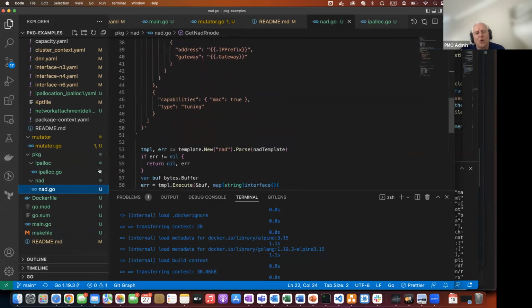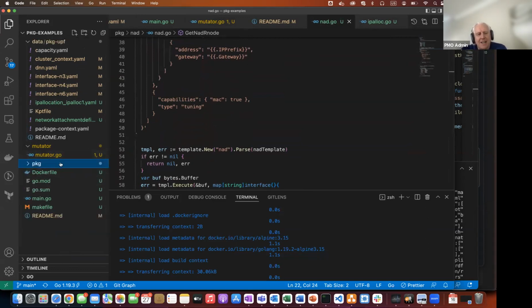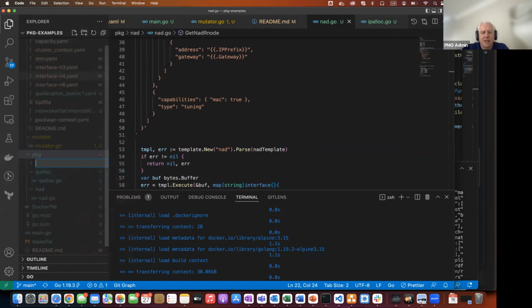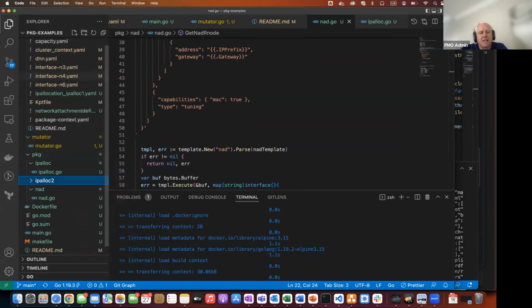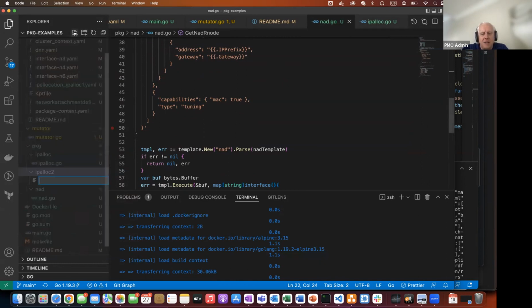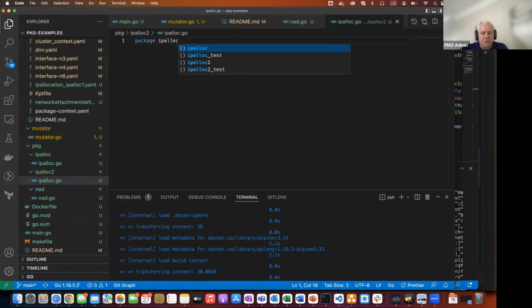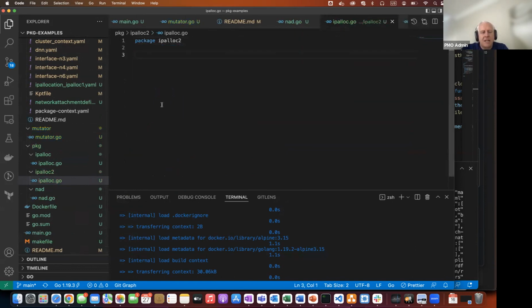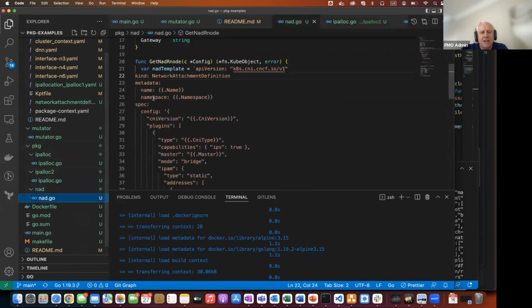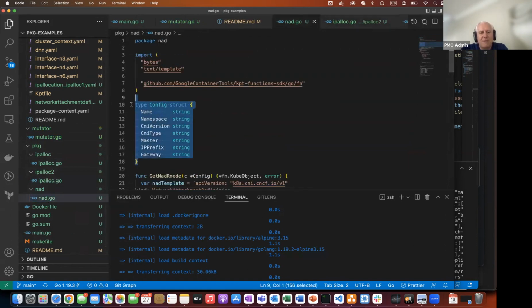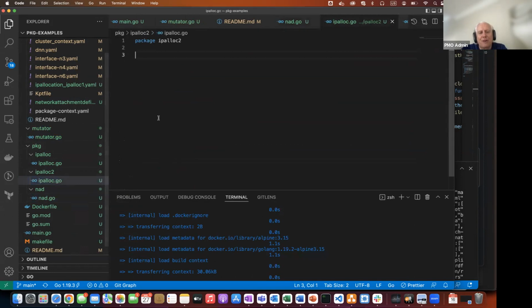So what you could do is you could basically take, for example, a new folder. Let's say I will create IPlog2, right? Where you generate, so let me do IPlog2, go, right? So what you could do in approach 2 is package IPlog2 or something, and then we do something similar to here, where we say, okay, here we have, so what I would do for